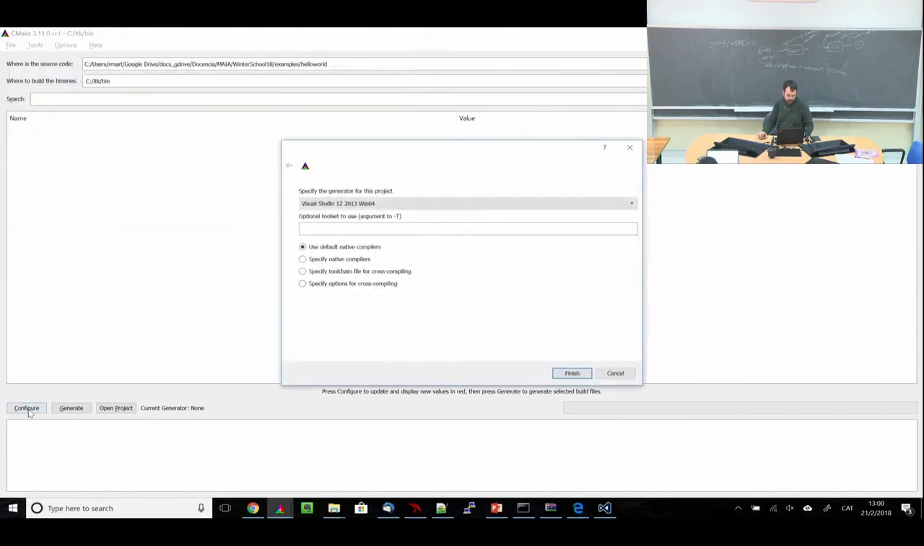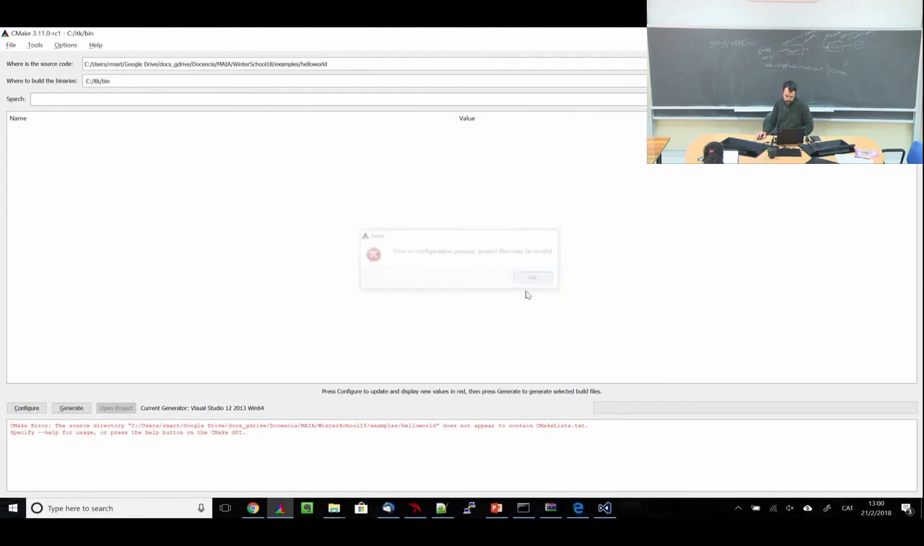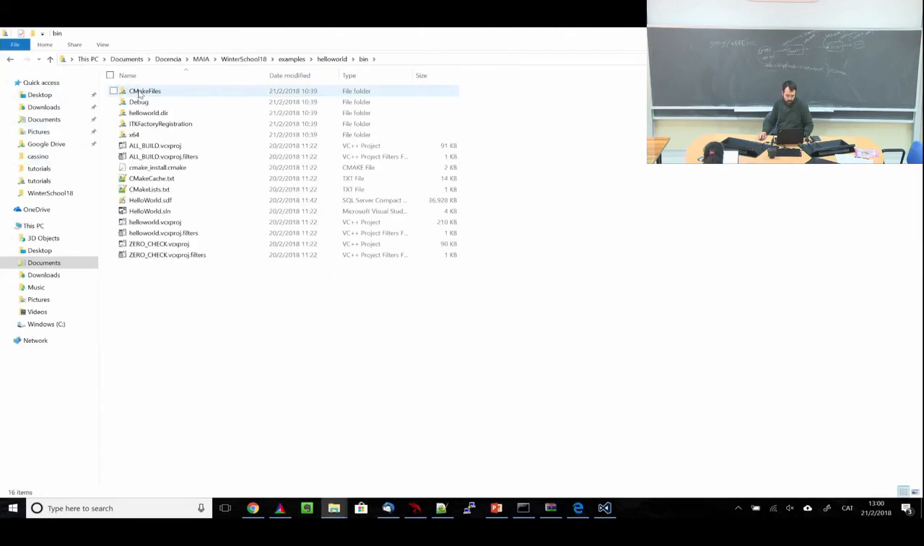Once I click on configure, why is this generating? Okay, it's an error. When you try to generate without a CMake list, it's not going to. It says it does not appear to contain a CMake list. So if I go back to my hello world now and I put the CMake list back there,